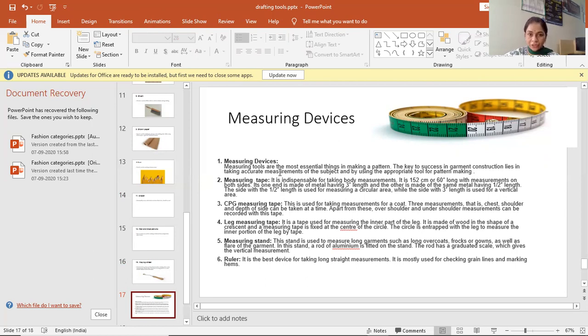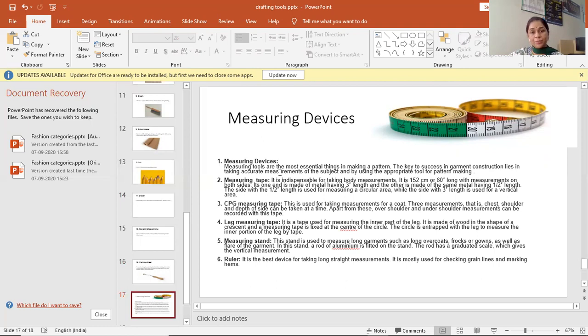Its one edge is made of metal having 3-inch length, and the other is made of the same metal having half-inch length. The side with the half-inch length is used for measuring a circular area, while the side with 3-inch length is used for a vertical area.